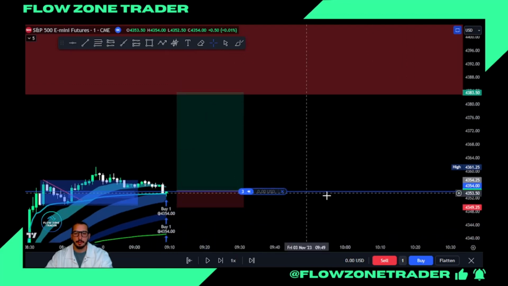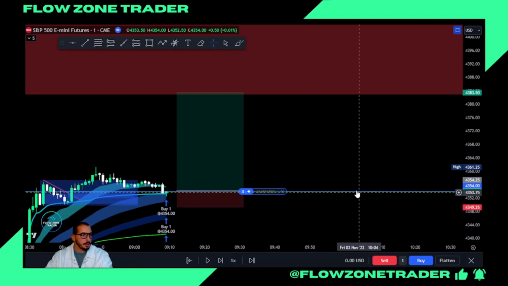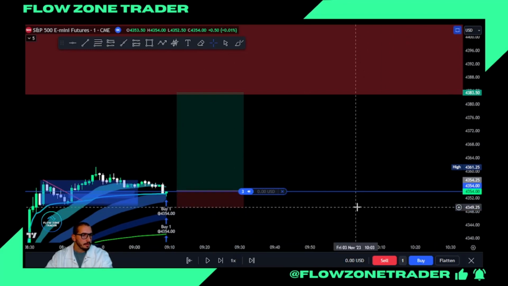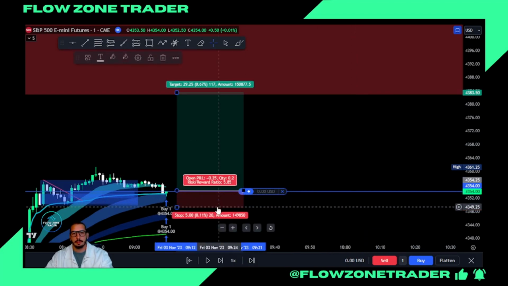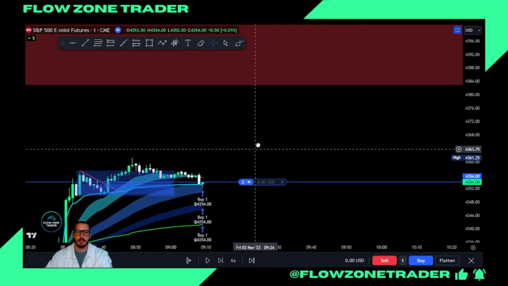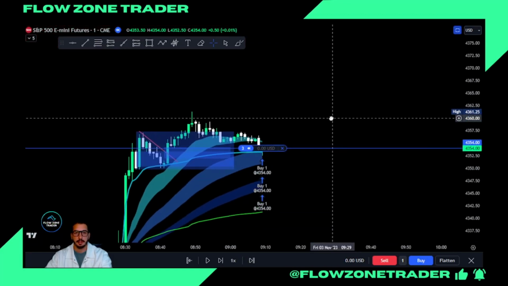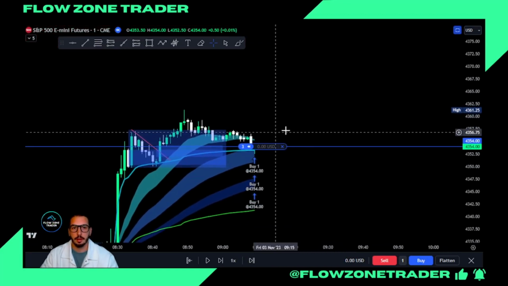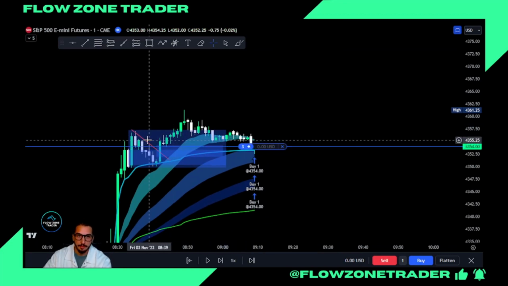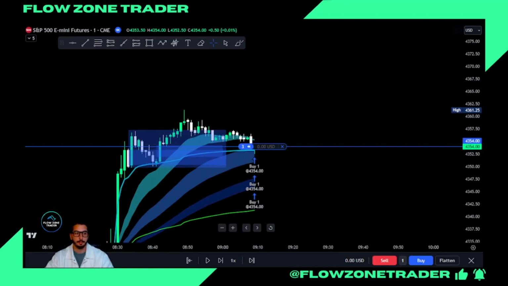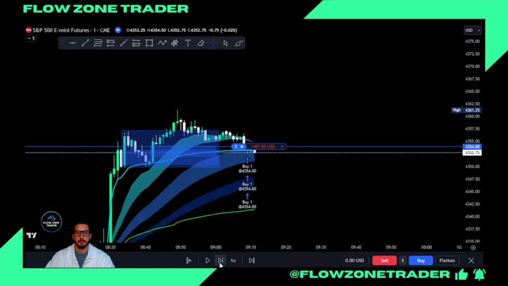Okay, so almost a 6-to-1 risk-reward ratio. Absolutely beautiful. And really, what am I risking? Like, how many points is this? It's absolutely nothing. 3 points. It's nothing. Absolutely nothing. Like, if you can't risk 3 points on ES, you really need to reconsider your sizing and how you feel comfortable, because you need to be able to risk 3 points on ES all the time.